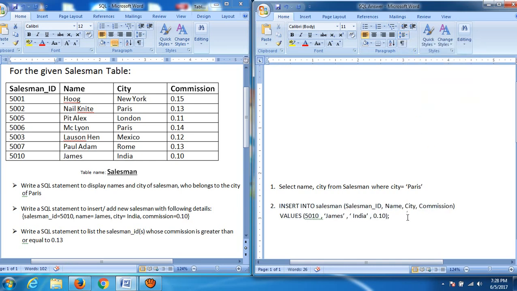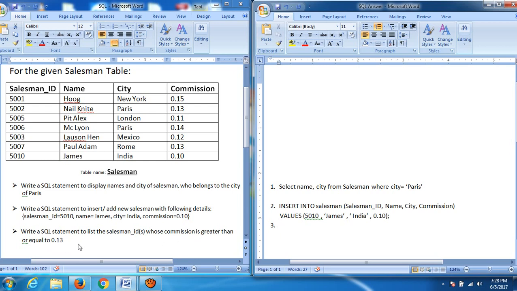Okay. Now the third one is: write a SQL statement to list the salesman IDs whose commission is greater than or equal to 0.13.